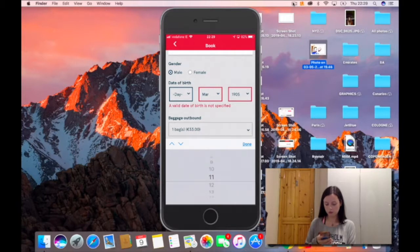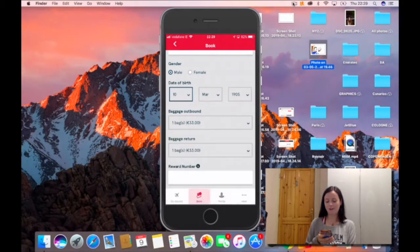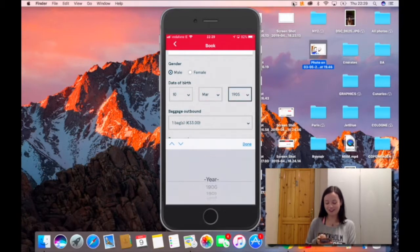You can make him a bit older. I think he might have been too old. They know he's dead. He's like 120. Don't give that option then if you...